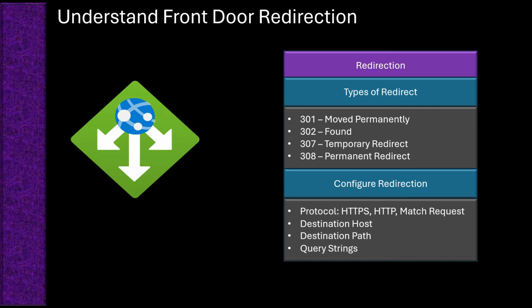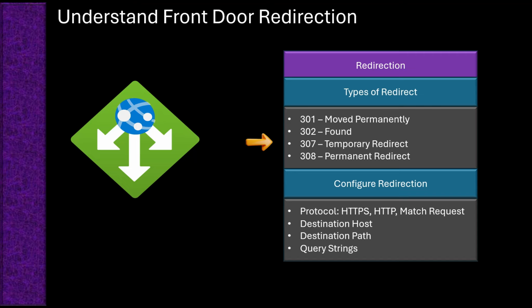You can set up different redirect types to tell users how to handle the redirection. The first one is 301, which is for moved permanently. This tells the browser that the resource has been permanently moved. It's often used for HTTP to HTTPS redirection. The second one is 302 Found, which is for a temporary redirect, used when the resource is temporarily moved to